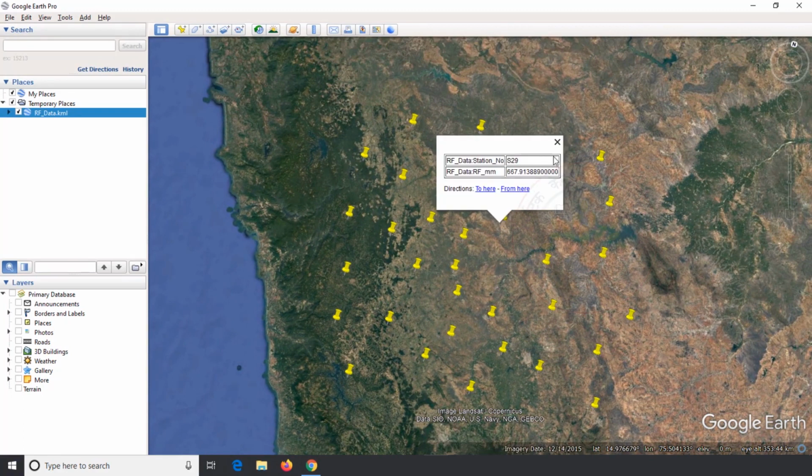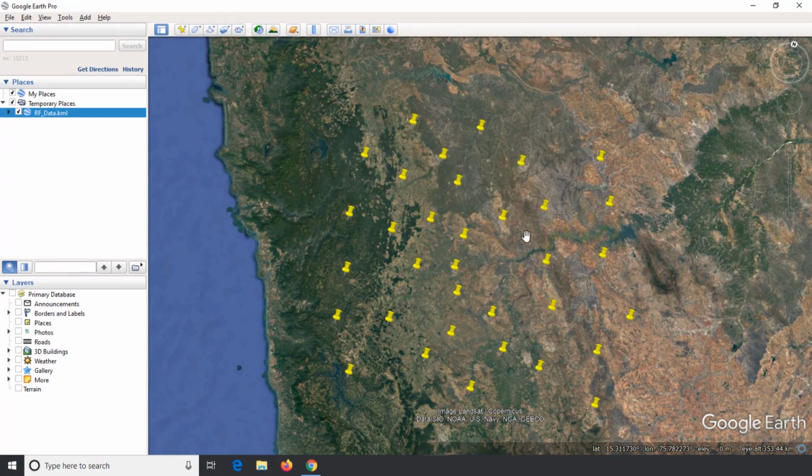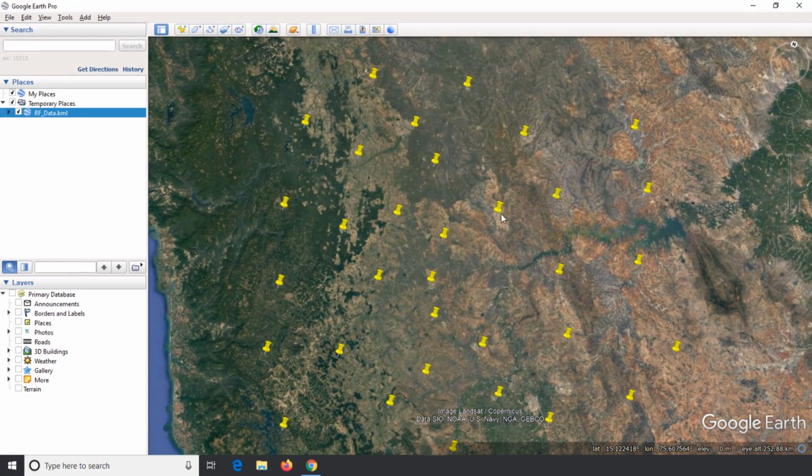I click on the yellow pin and see the information of rainfall received by this station. In real, it is not possible to record the rainfall information on entire Earth surface. Thus, we are going to use this known rainfall recorded information to predict the amount of rainfall received by unknown areas.